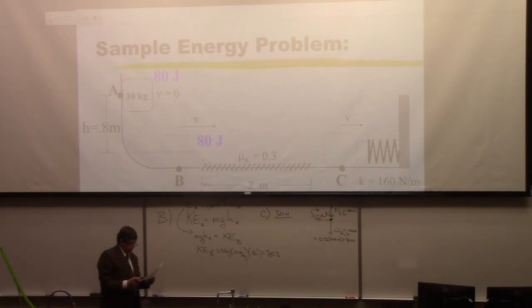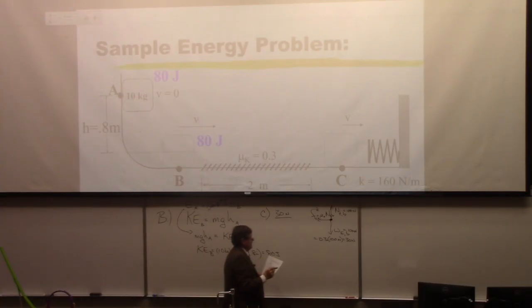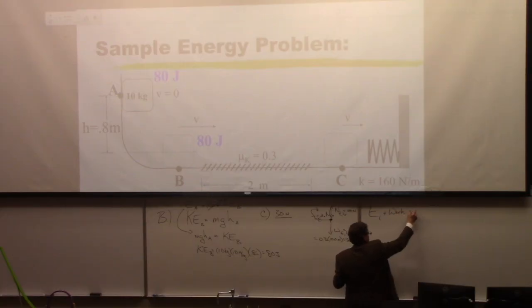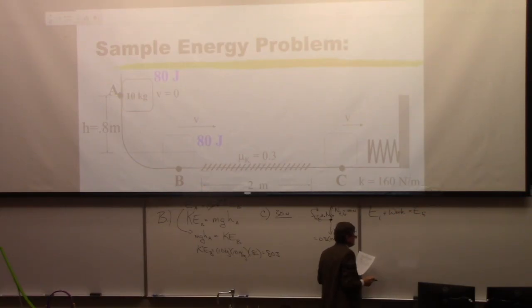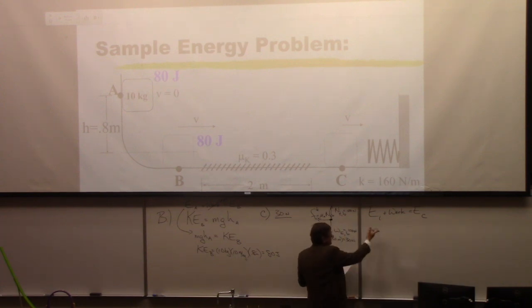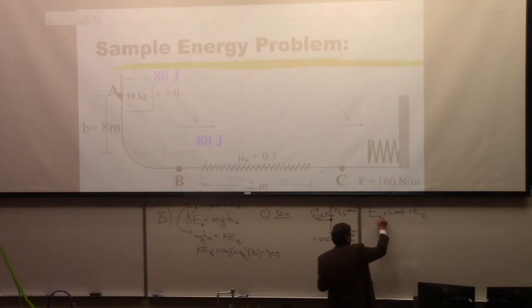Find the kinetic energy of the block at point C. Well, again, if I start with that grand high equation, energy initial plus work is equal to energy final. I'm looking for the kinetic energy at C, so I'm going to make that my final point. It doesn't matter whether I take the initial point to be point A or point B, it's 80 joules either way. Okay, so I'm going to take that at point B. And so I would have 80 joules